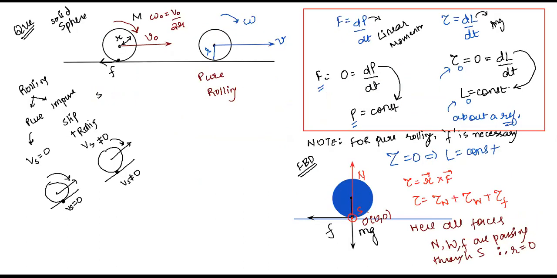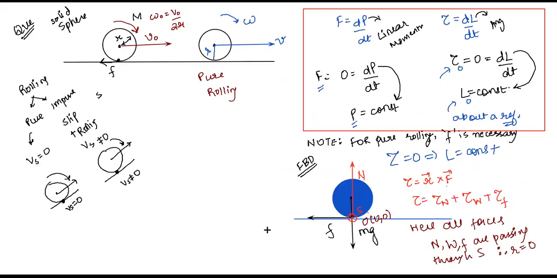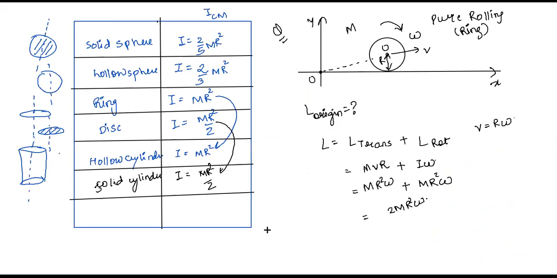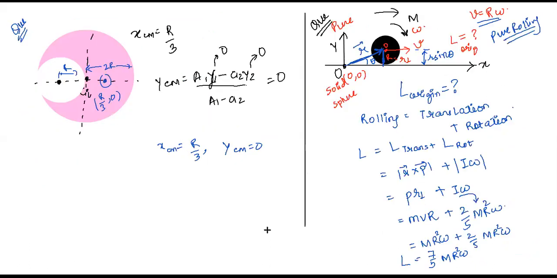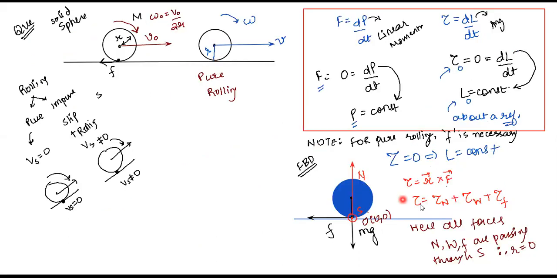Okay, great. So now we have learned that torque, if ever needs to be calculated, will be the sum of all the torques acting, right? And here, the torque due to normal reaction. In our case, since all of them were passing through this point of contact, the torque due to normal reaction, due to weight and friction, all the torques are 0, correct? Now we are saying that because torque is 0, what will be conserved?